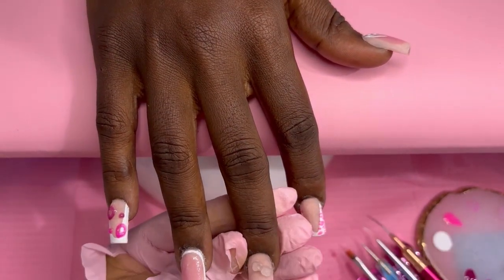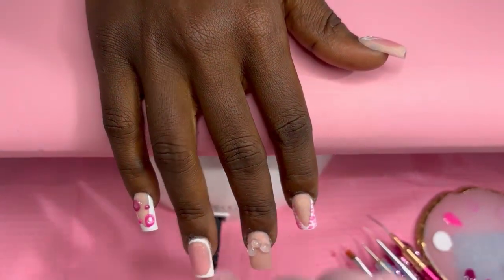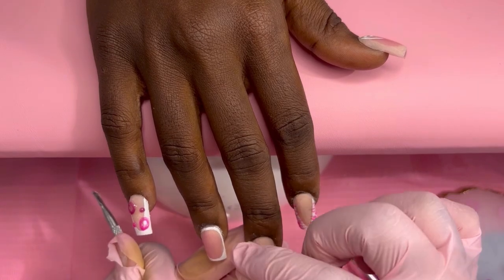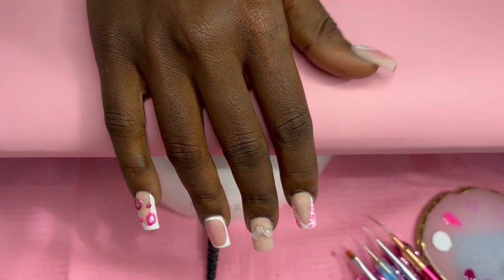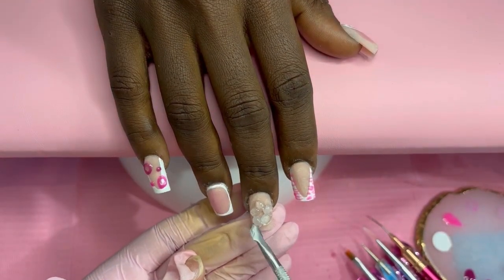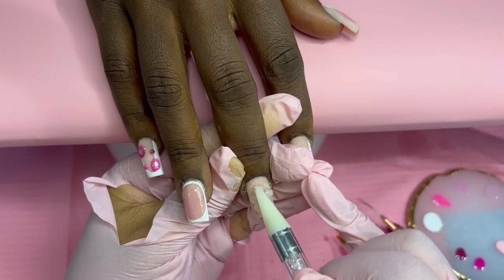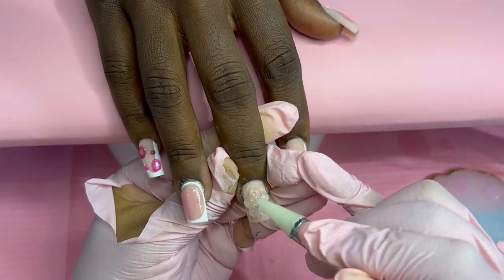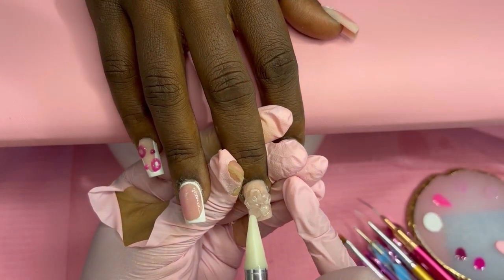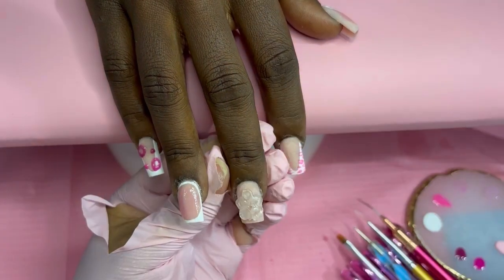And honestly, this was my first time doing the sculpting gel. And I like it. I really like working with that. I really didn't think it was going to be too hard. I just felt like it was going to have some type of surprise. But all you're doing is getting some out of the little tube, maybe with a cuticle pusher, and rolling it in your fingers into little balls, and then placing it in the position that you want your flower to be. And then you're taking a tool. I use my rhinestone picker,